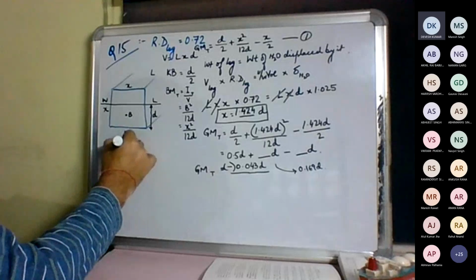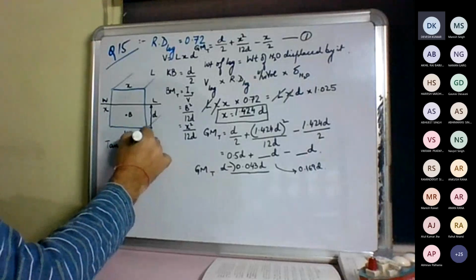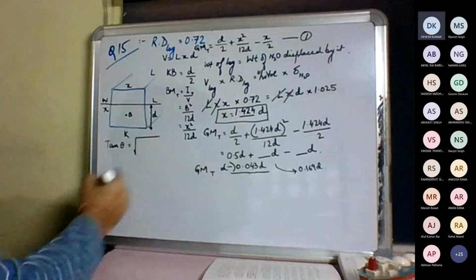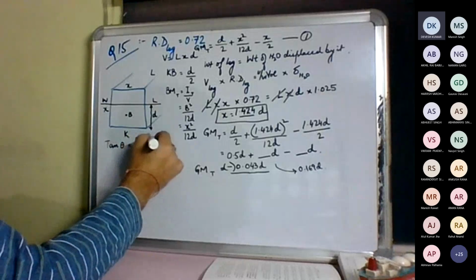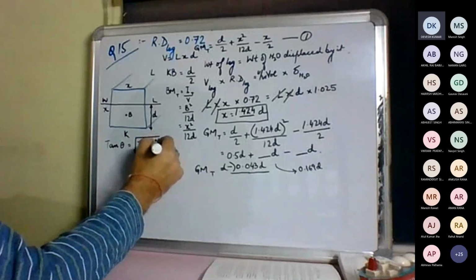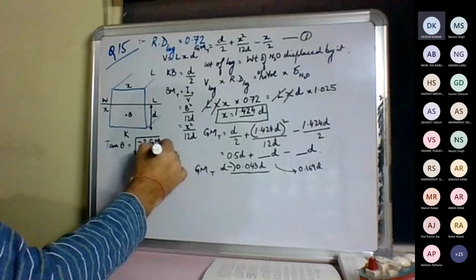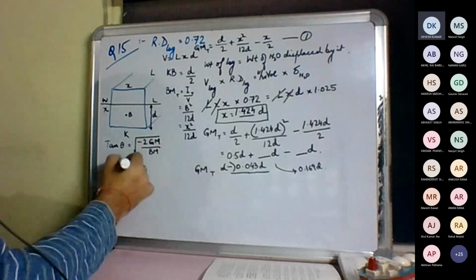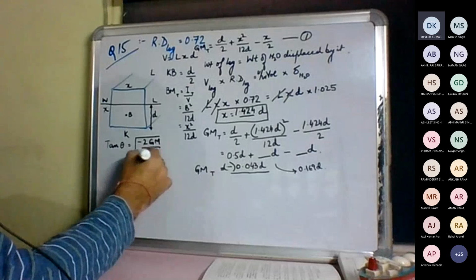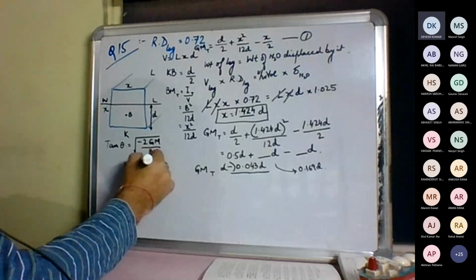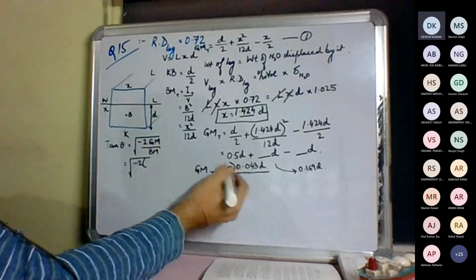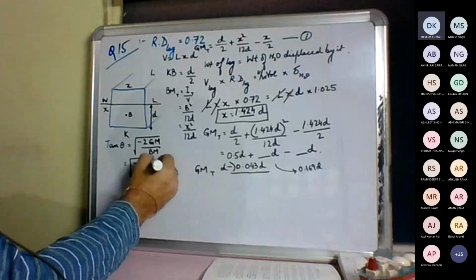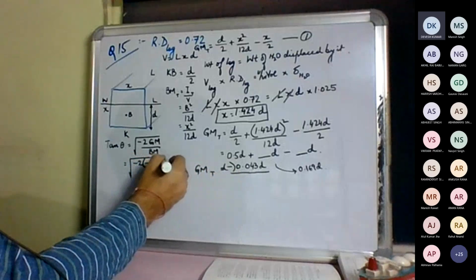Formula for angle of loll. Tan theta is equal to under root minus 2 GM upon BM, is equal to under root minus 2 times minus 0.043 D